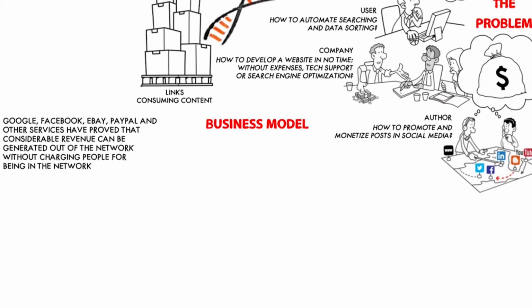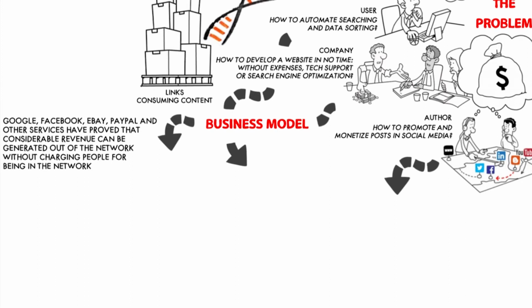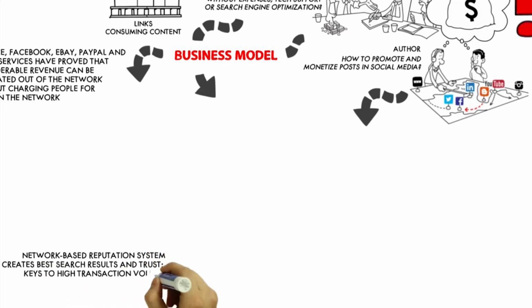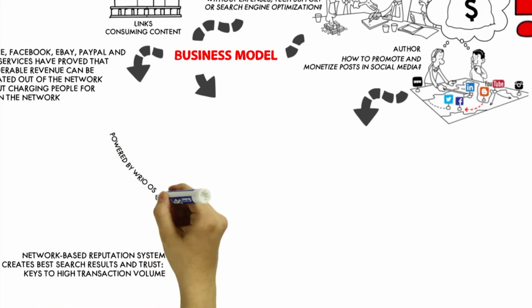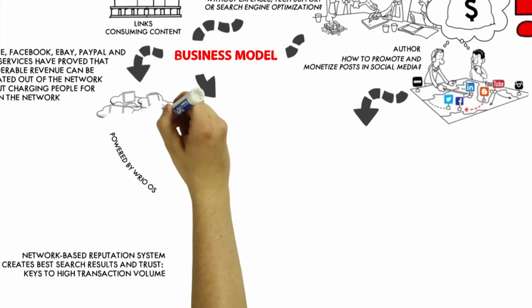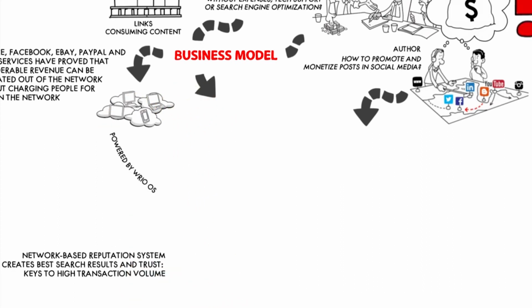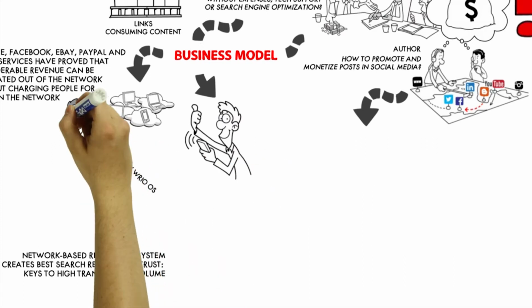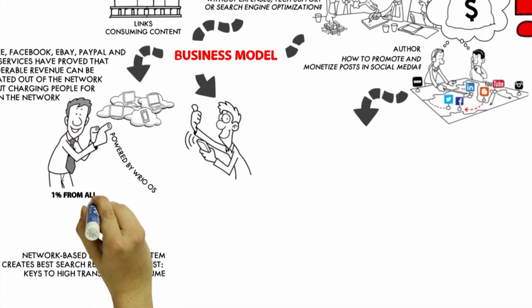Our network consists of three groups: authors, users, and companies. A network-based reputation system provides the best search results and trust, keys to high transaction volume. WRIO OS will allow the creation and support of semantic pages for everyone, free of charge. The dynamic functionality is provided by cloud apps that do not need to be installed or configured. Users always work with the latest versions of the program, while companies and authors can adequately monetize their content and